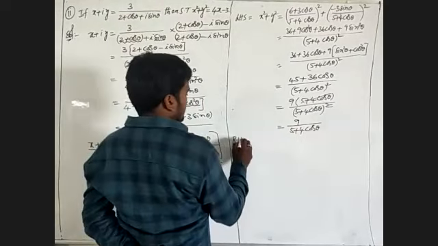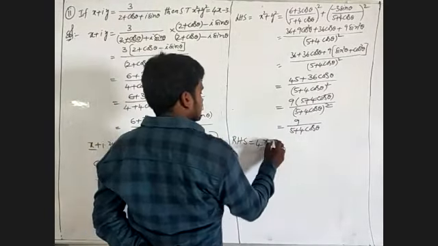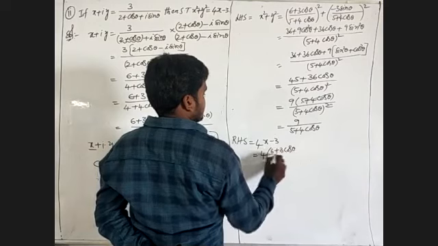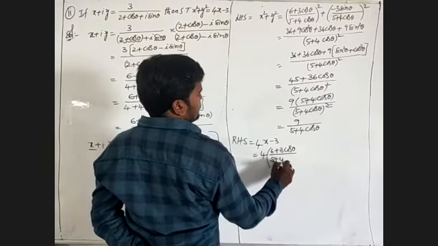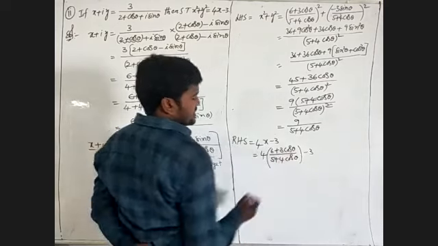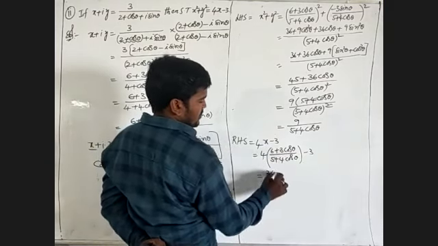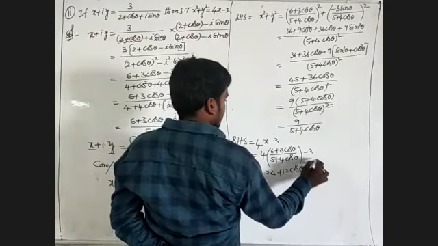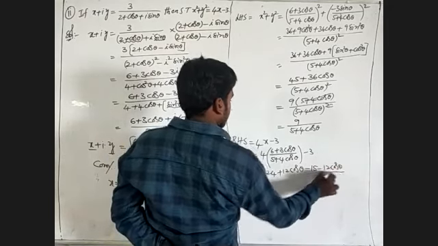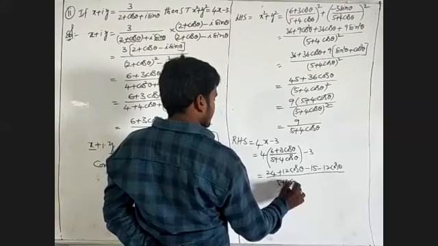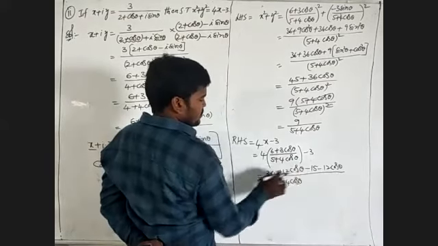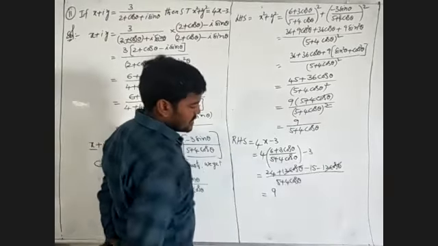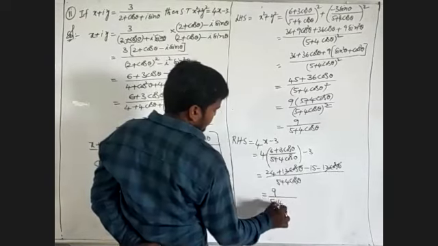After that we have to find the value of RHS, where RHS is 4x minus 3, that is 4 into x, which becomes 6 plus 3 cos theta by 5 plus 4 cos theta, minus 3. That means 4 times 6 is 24, 4 times 3 is 12 cos theta, minus 3 times 5 is 15, over the denominator 5 plus 4 cos theta. 24 minus 15 is 9, and plus 12 cos theta and minus 12 cos theta will be cancelled. The denominator is 5 plus 4 cos theta.